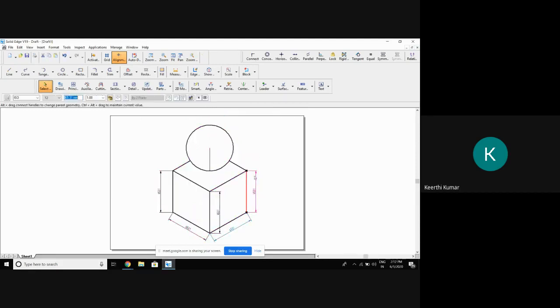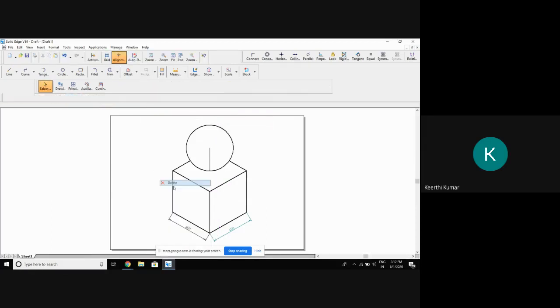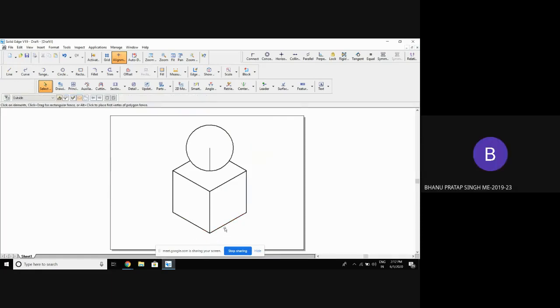And what is the angle I am supposed to maintain to keep the object and draw the isometric projection? 30 degree, 30 degree on each side. And what is the reduced scale compared to the original dimension? 0.8164. Write down that 0.8164 is the reduced scale to draw the object. Any doubts? Okay. Work on it.